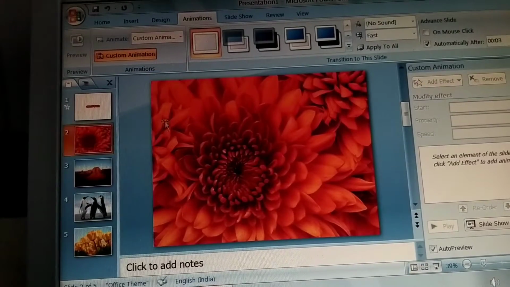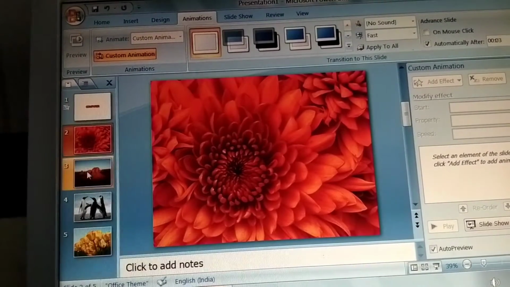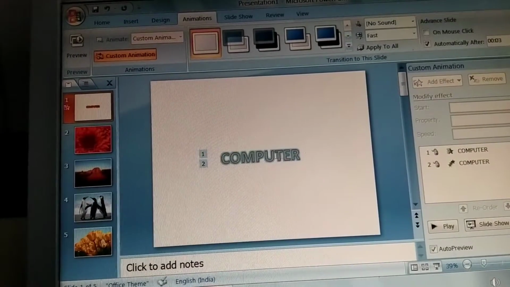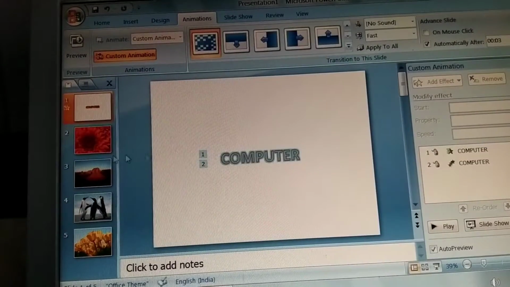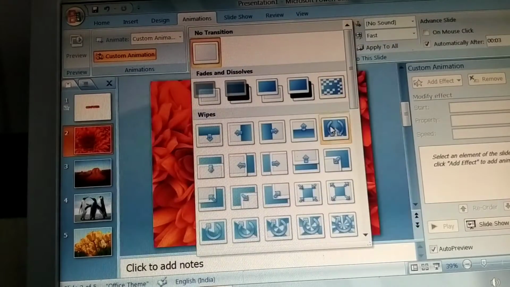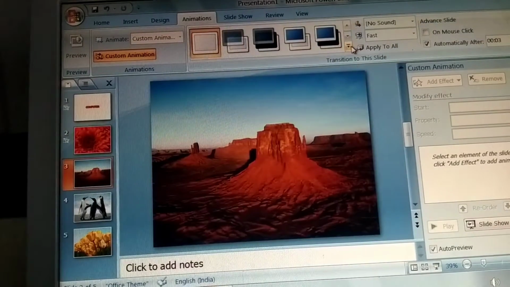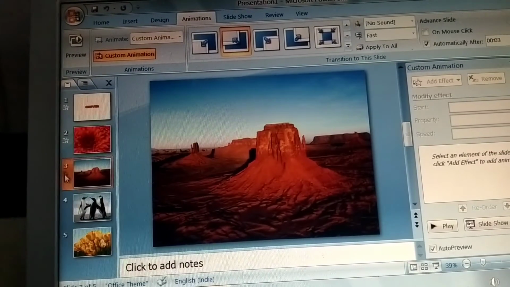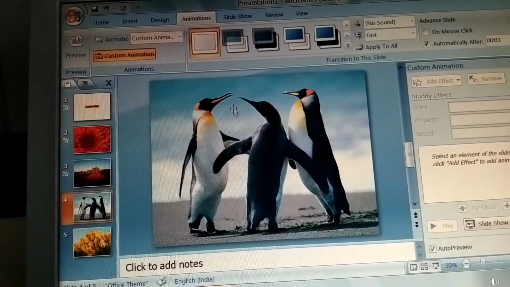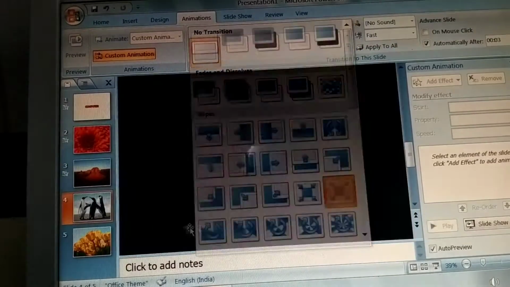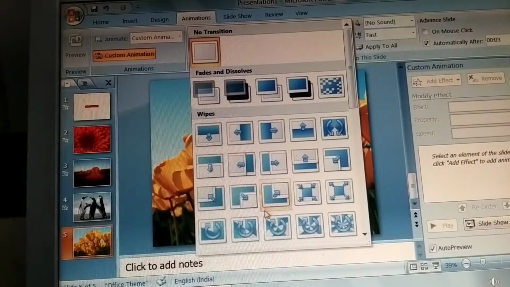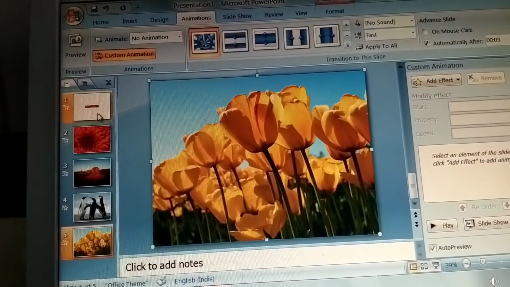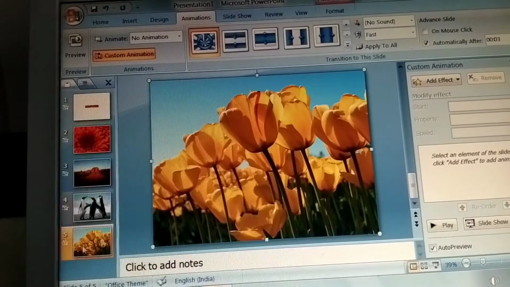Now second, here is Transition. These are for slides. For a slide we have to give a transition. First we gave animation to this object. Now for this slide we have to give a transition effect. So for the slide we also gave the second number a transition effect. Again third number, select any one transition effect. See, when we give a transition effect, a star comes here. Fourth number, give a transition effect. Fifth number, give a transition effect. So almost all our slide animation is done.